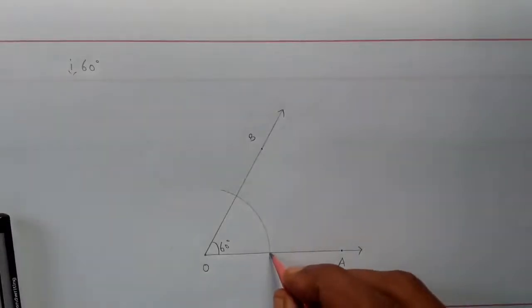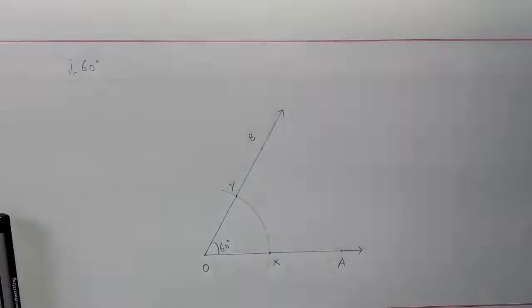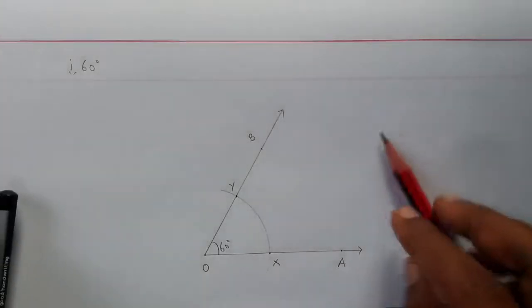This point you can name it as X, capital letter, and this point you can name it as Y. So naming is your wish. You can name it as you like. But the naming should be proper. Look, X, Y, so there should be a continuity. Then we have to